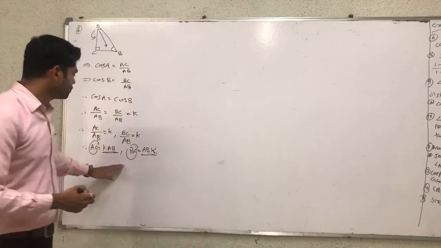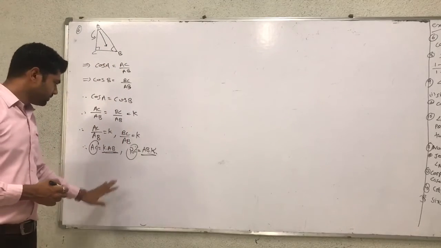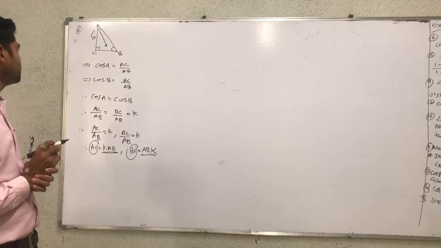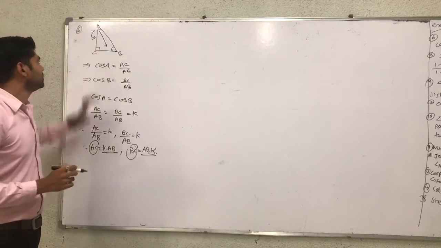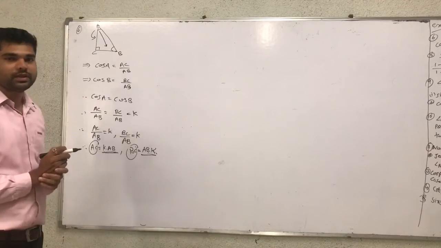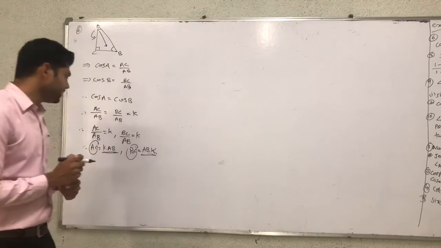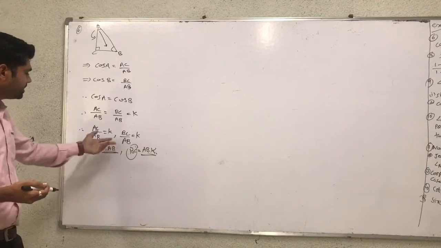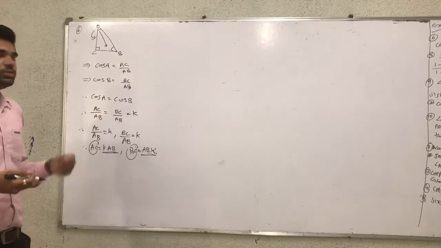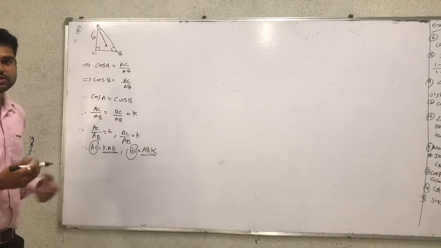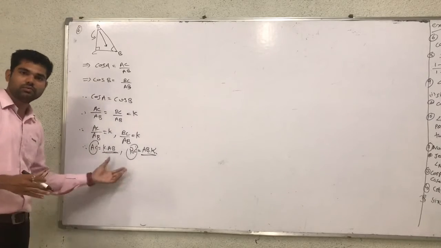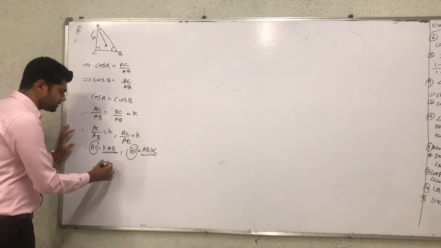And now you have to solve using Pythagoras theorem for triangle ABC. Pythagoras theorem is AB square is equal to AC square plus BC square. So after Pythagoras theorem, taking the value in place of AC, we write AB square K square, and the value of BC is equal to AB square K square. Now K is common. So in a similar way, all sides are equal, proved by using Pythagoras theorem.